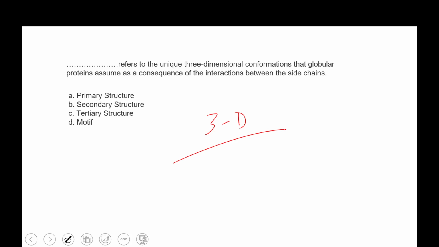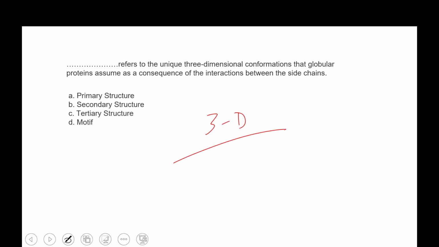Primary and secondary structure are formed because of the interaction between the CO and NH groups, not because of the interaction between the side chains, right? So the correct option here will be